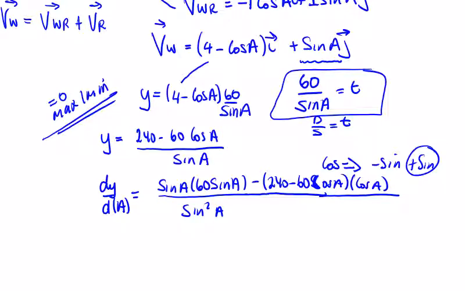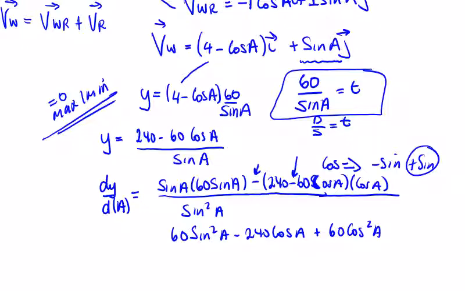So if I multiply this out, I'm going to get 60 sine squared alpha, and then we have this minus 240 by cos alpha, so we have minus 240 cos alpha, and then we have minus 60 cos alpha by cos alpha, which is, I've left out a minus there, haven't I? It's minus by minus and cos alpha, so it's plus 60 cos squared alpha,